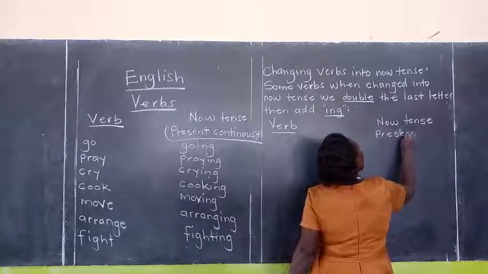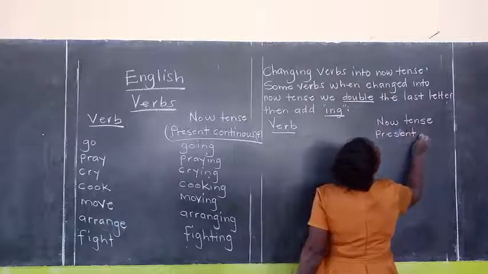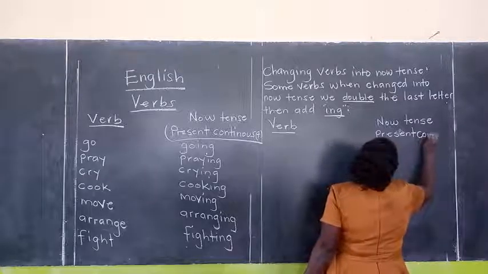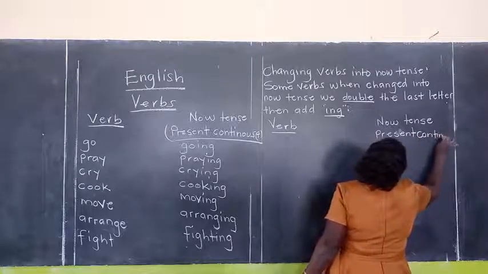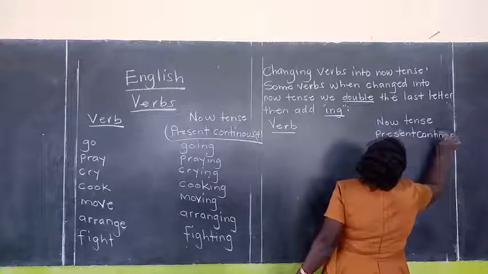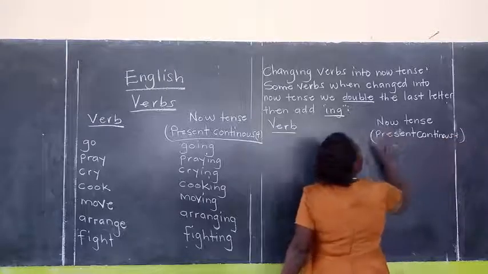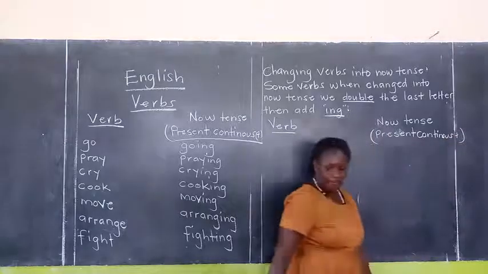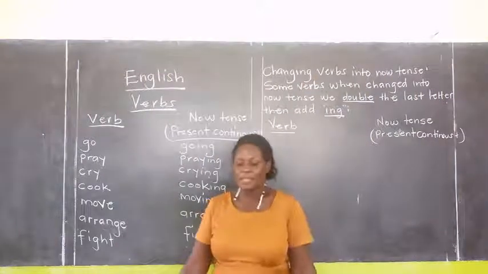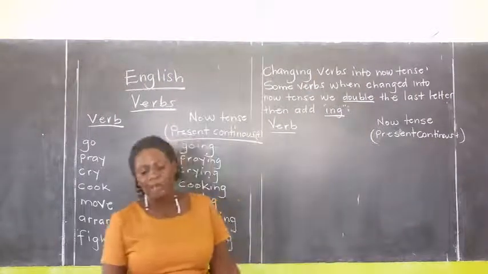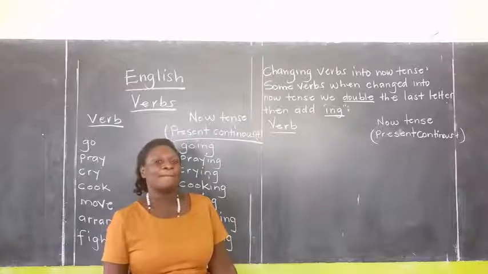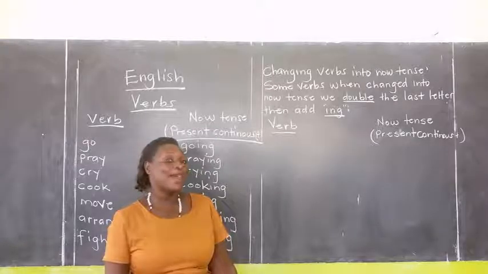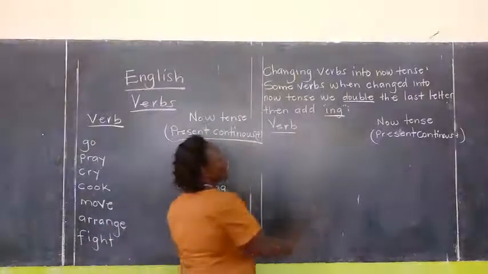We have the present continuous tense. Now, among them, those ones whereby we double the last letter and we add on ing, among them we have